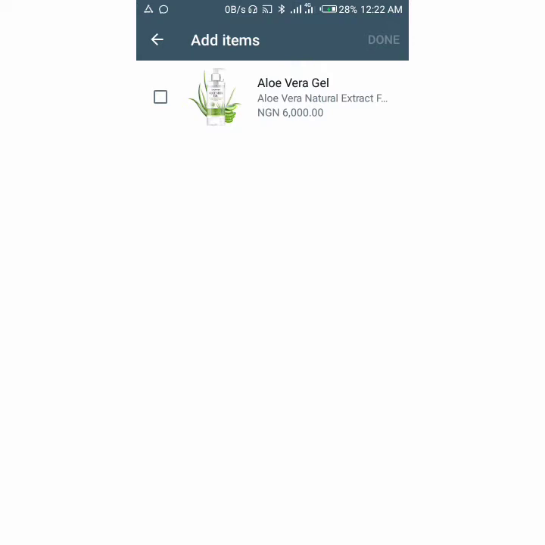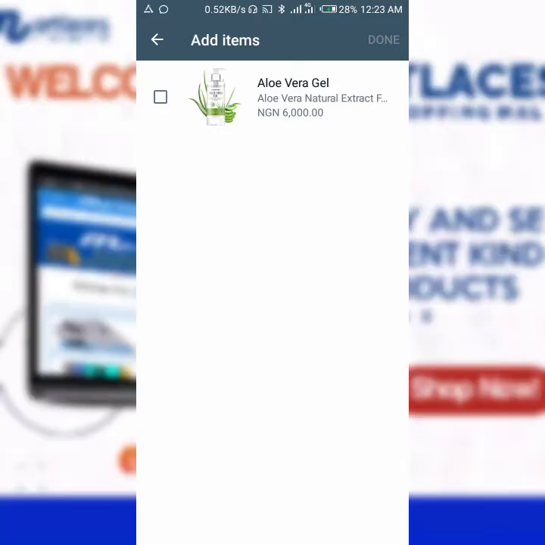So you have to take note of the fact that before you can create a collection, you have to first add the items, like you have to list the products. Once you're through listing the products, you now have to add them based on the categories, like based on the collections you want them to be in. For instance, if you have men's shoes, you can say, okay, under this fashion I have men's